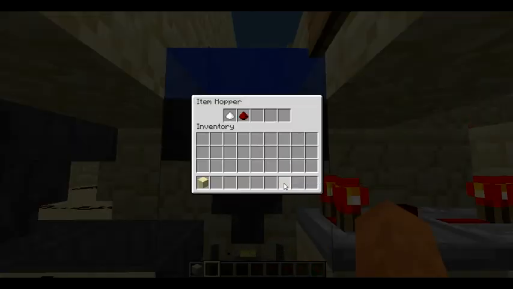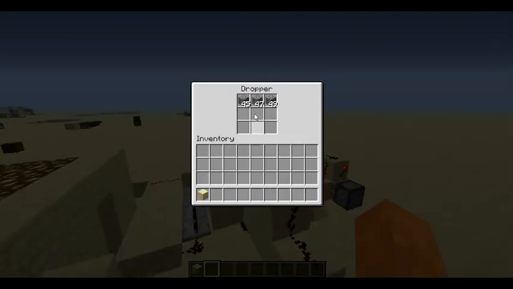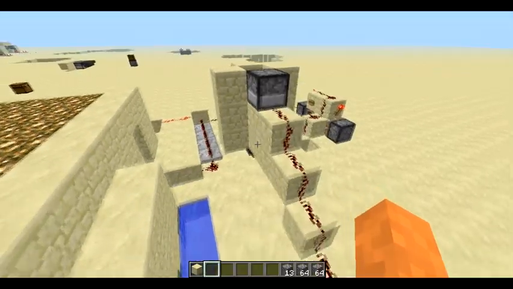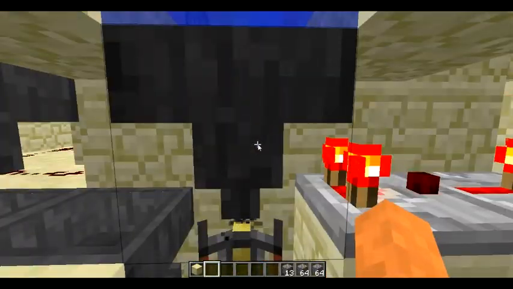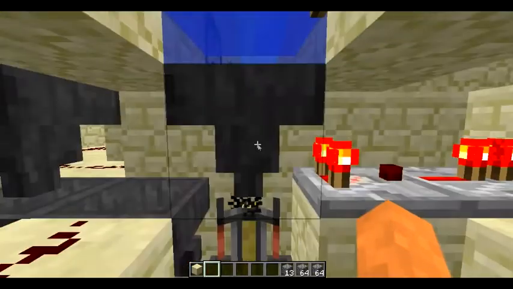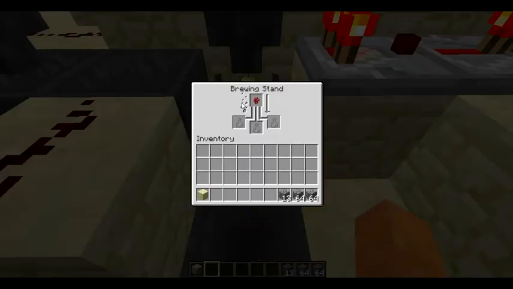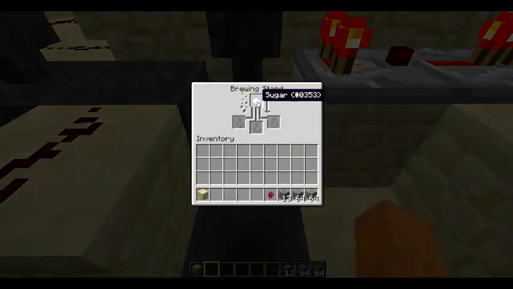Then you'll have your sugar and your redstone. I'm actually going to take these items out of here right now so that this thing doesn't happen. What happens is this thing lights up because there's items in here. So once this gets turned into awkward potion, the nether wart will go away. Then the sugar gets sucked down into there. Once the sugar gets brewed in with the awkward potion to make your base swiftness potion,